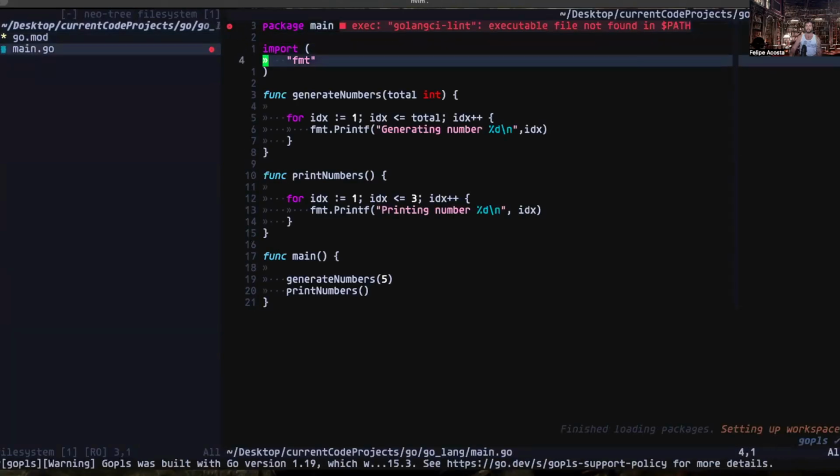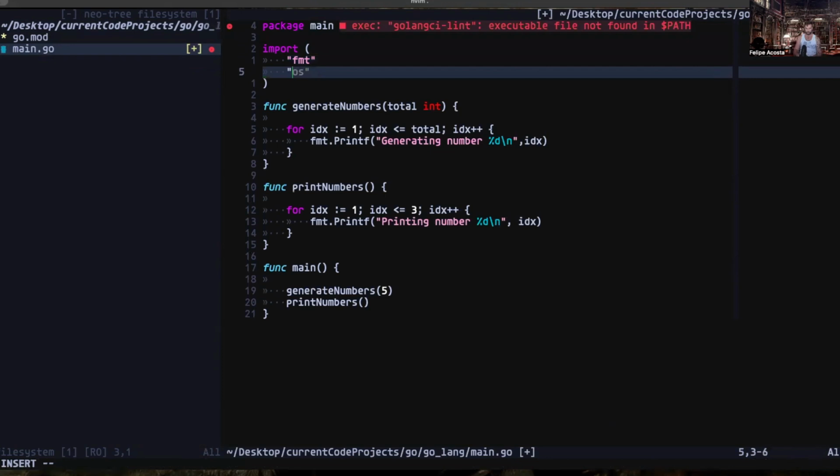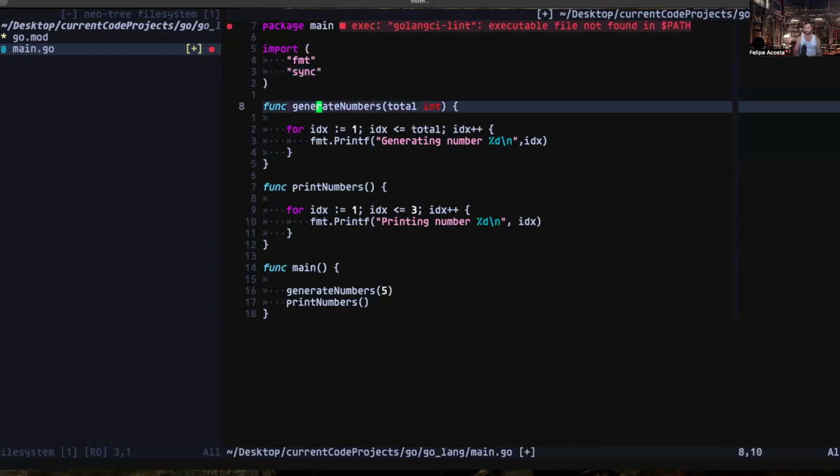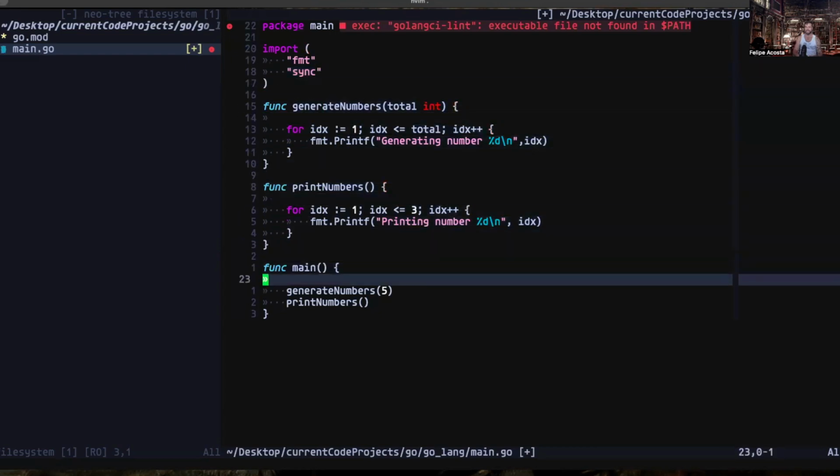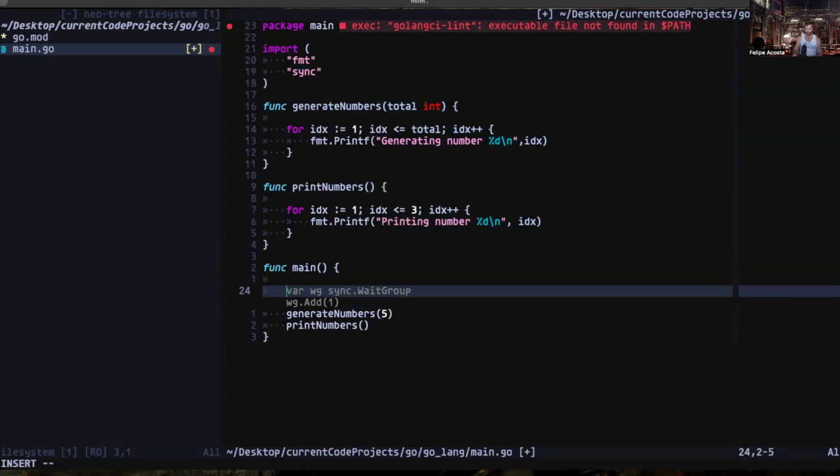So we're going to need the sync package. So we're just going to import sync right here so we can use the wait groups. And now we're going to go into the main function over here, and we're going to create a variable